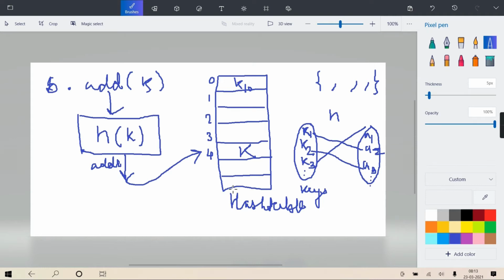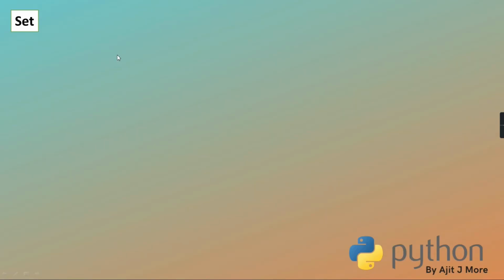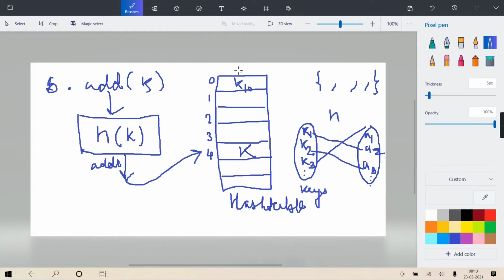So I hope you understand the technique and why it is unpredictable. Mapping is done anyway, and when you try to access your set, which is implemented as a hash table, and print this whole set, the first element in the first bucket is not the first element which you added.